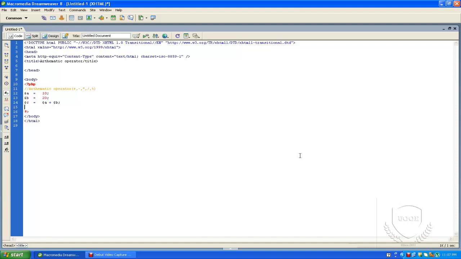If you print this statement, the addition of a and b is $c.